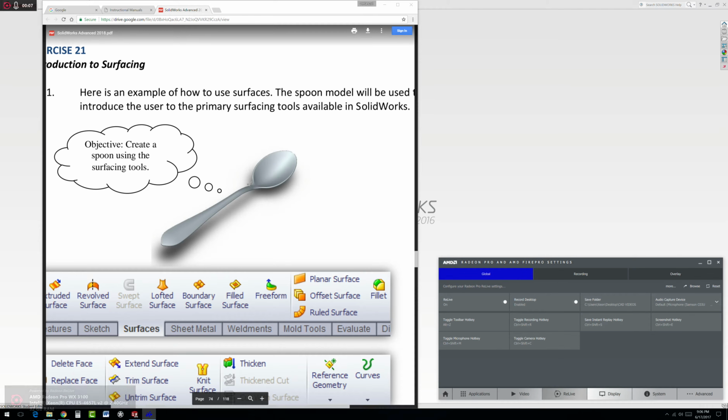Exercise 18, SolidWorks surfacing. First of all, before I get started on showing you how to create this spoon,